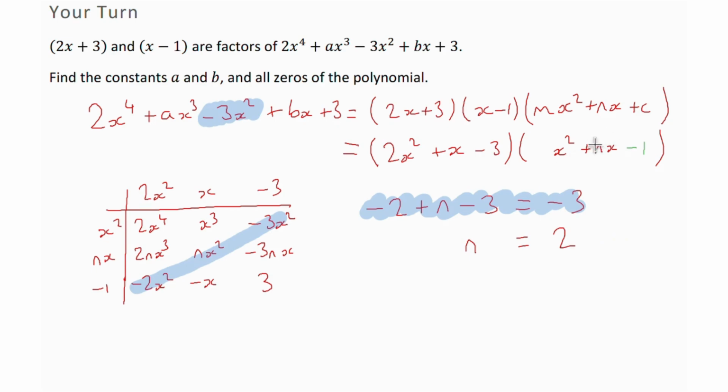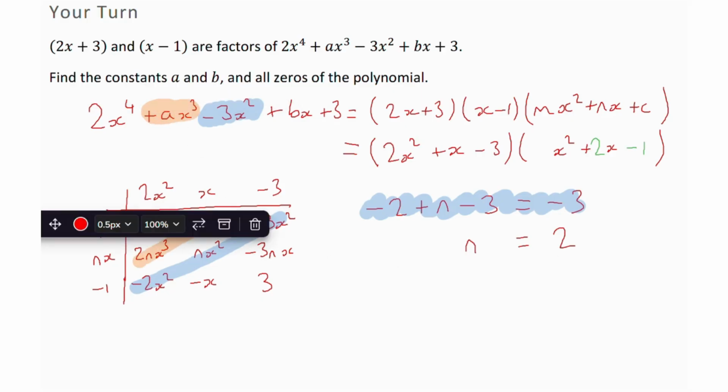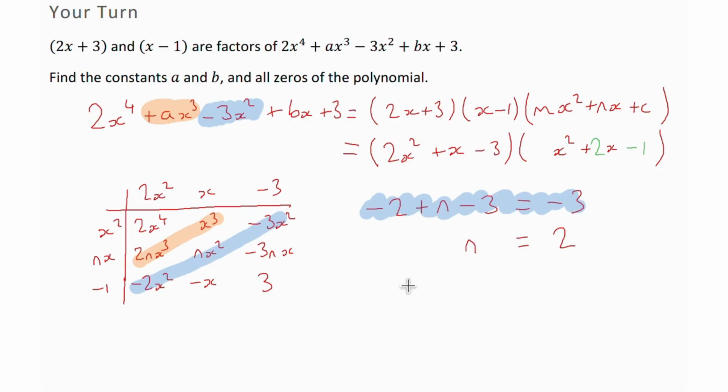And now I know that this is equal to 2. Let's fill that in there. This is equal to 2. Now I know that, I can work out a and b by equating some other coefficients. First of all, a is the coefficient of x cubed, so that's these two. So a is equal to 2n plus 1, which is equal to 5,